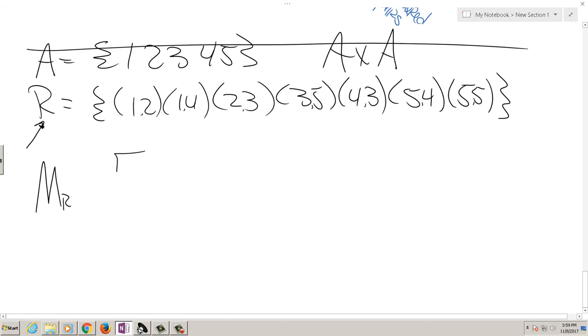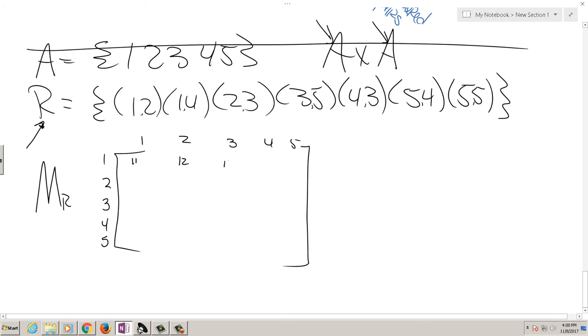That is critically important because when I start building the matrix of the relation, I have to know what size it is. So remember I told you that the rows are always the elements that are in the first of the two crossed sets. And then the columns for my matrix are going to be the elements of the second set, which just also happens to be 1, 2, 3, 4, and 5. This is 1,1, 1,2, 1,3, 1,4, and 1,5. This is 2,1, 2,2, 2,3, 2,4, and 2,5, 3,1,